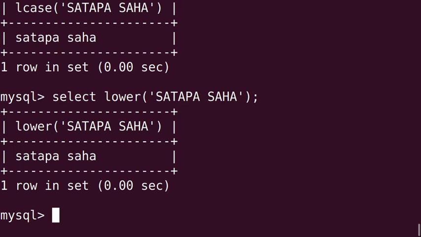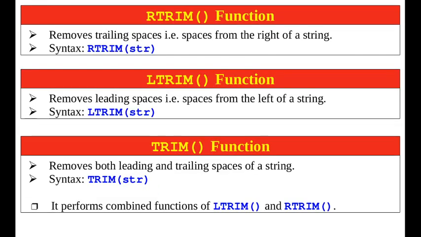Next, we are going to discuss rtrim, ltrim and trim functions together one after another. Rtrim function removes the trailing spaces or the spaces from the right of the string.